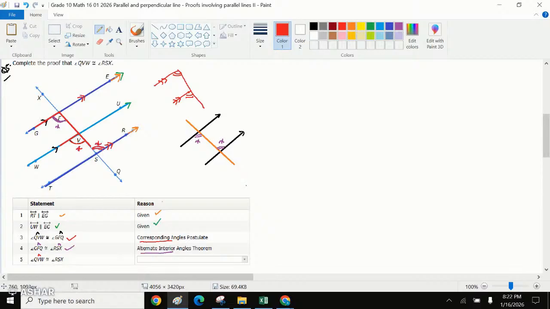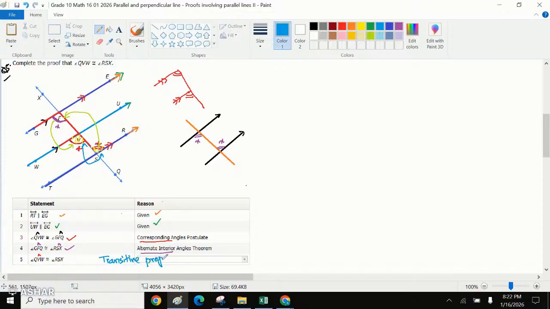They're asking us to show that this angle would be equal to this angle. If these two angles were equal and these two angles were equal, then these two would be equal as well, right? And the property is known as